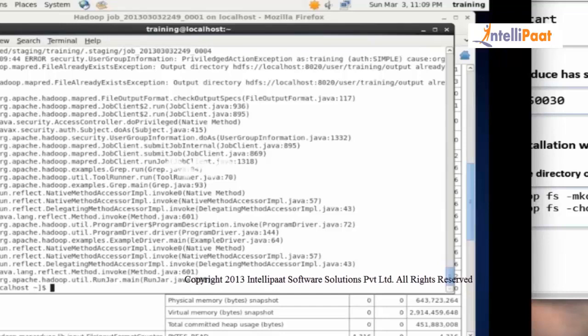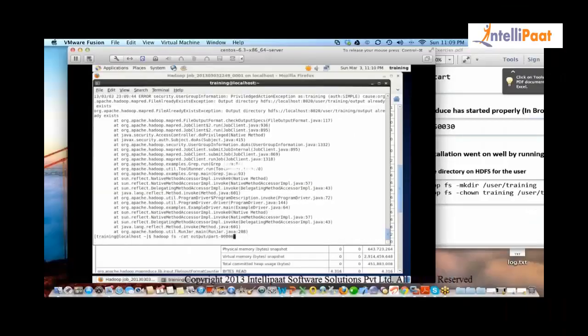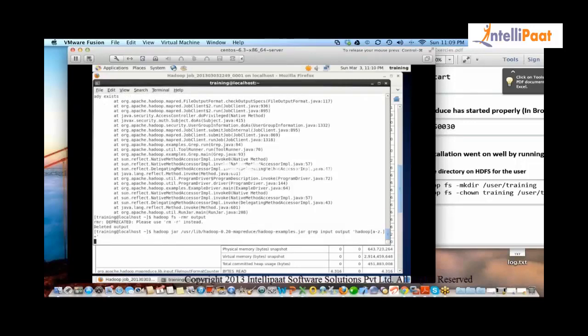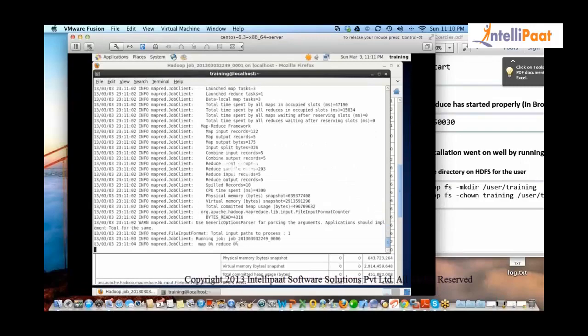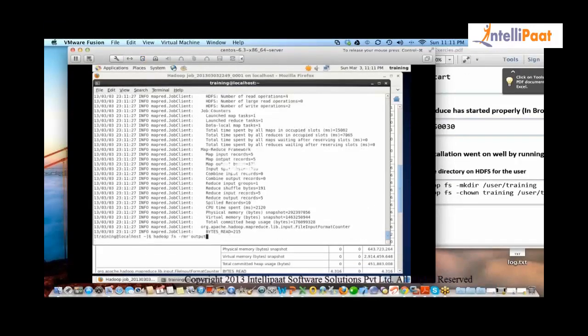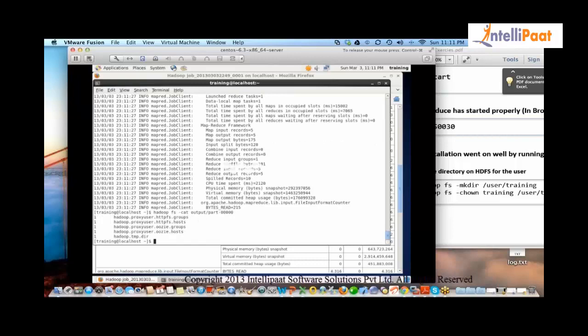What it said? Already exists. I'll have to first remove the output directory, or I can choose to give another name to the output directory. Now this will run. Now we go to see the output, and you see there are 5 records that start with it.